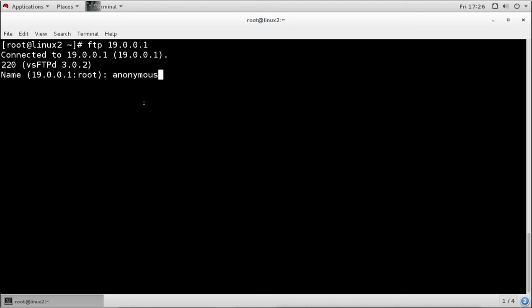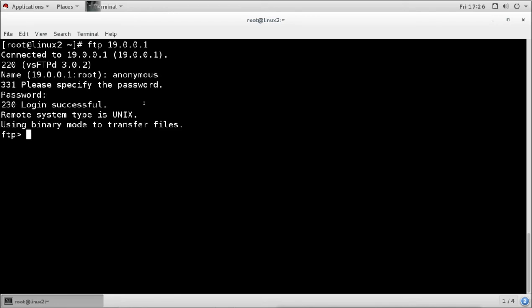It uses the anonymous user to access the FTP server, that is nobody, and without any password. That is why the browser has not asked for any password. So when I try here in the command line with anonymous, it asks for the password, I say I don't have one, press enter, and still I can log in successfully. So I am logging in as an anonymous user without any password.